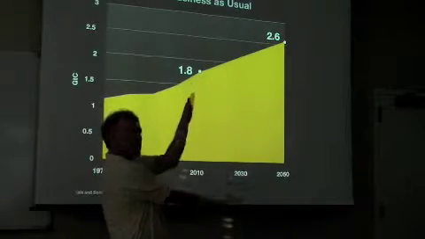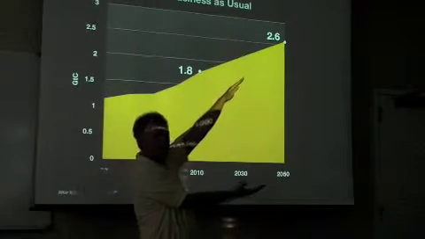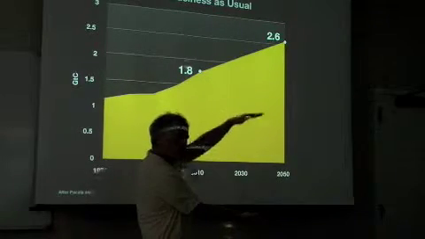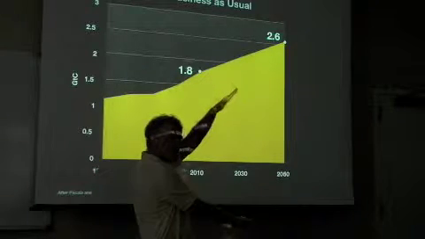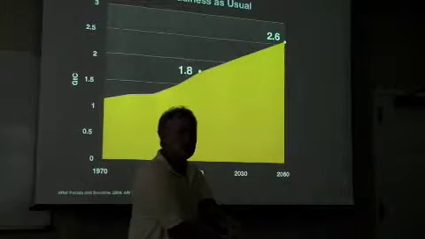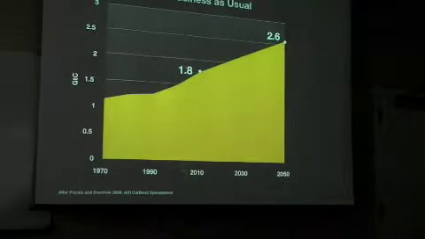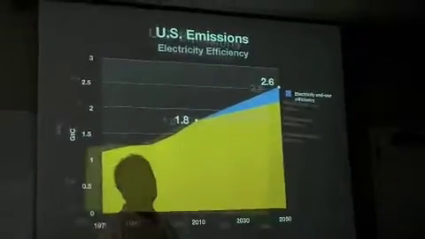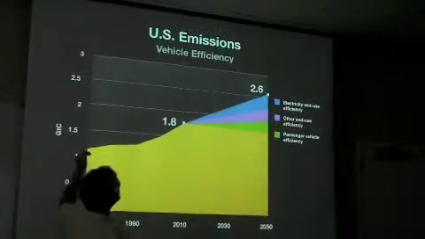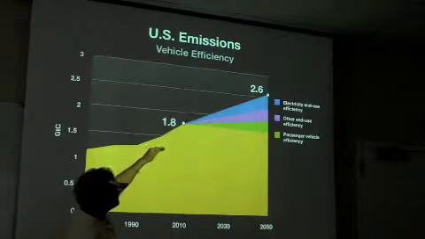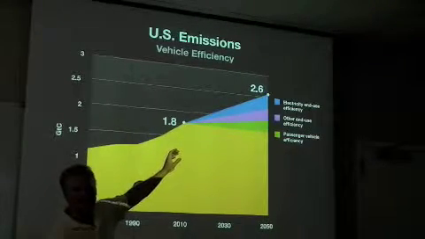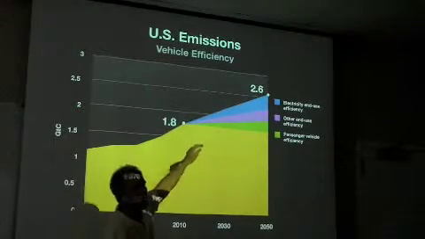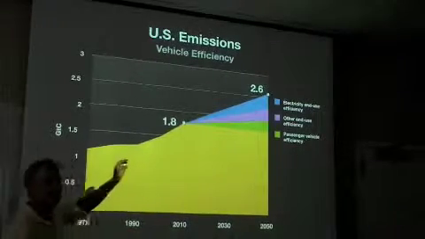So that's the top. Think of it like an alligator's jaw. We're going up like this. What we need to do is close that alligator's jaw, because we need to bring down the amount of carbon we're putting in the atmosphere. So if we close the jaw, how are we going to do that? Well, energy efficiency. This is based on a theory called the wedges theory, where we're getting a lot better gas mileage in cars, and we're just being more efficient. In other words, squeeze more work out of each gallon, squeeze more work out of each kilowatt hour. Look, we're starting to level it off. That's a good thing, right? We're just getting rid of waste.